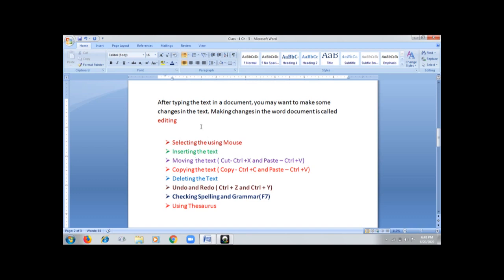And one more option is also there with the delete key, that you need to select it. Suppose I have selected this word 'mouse' and I press the delete key. So whatever you have selected will get deleted. I hope you are clear with the delete and backspace key features now.